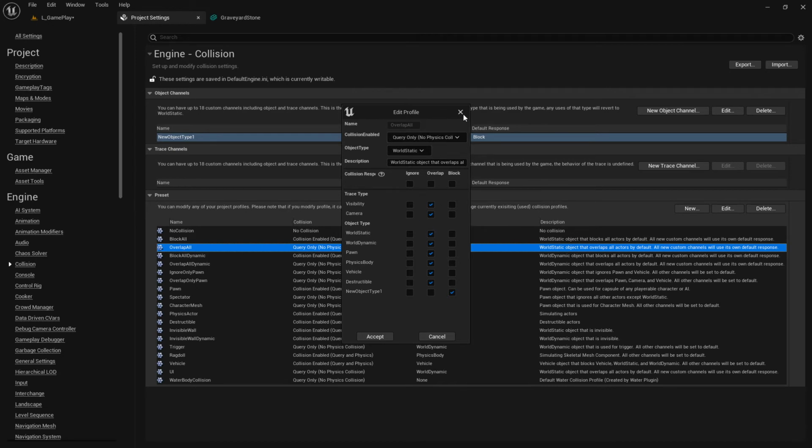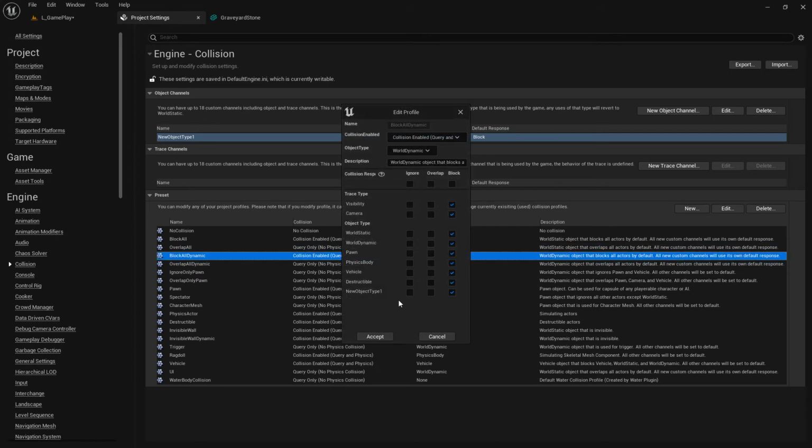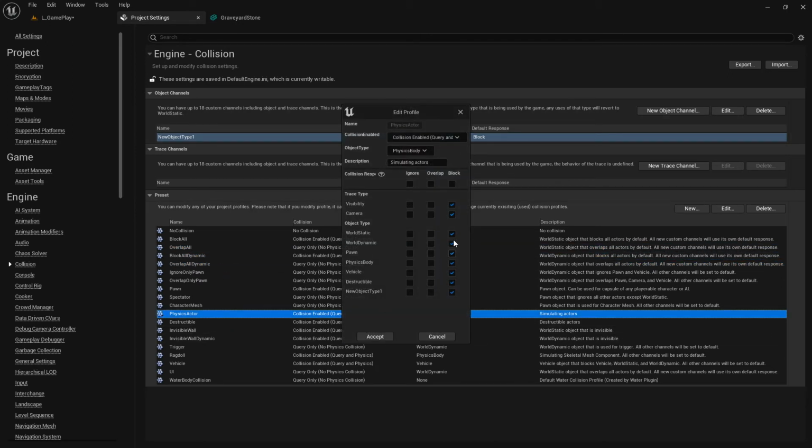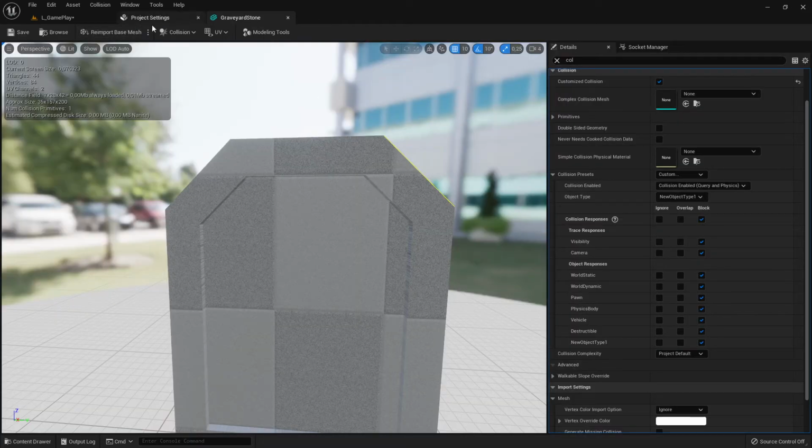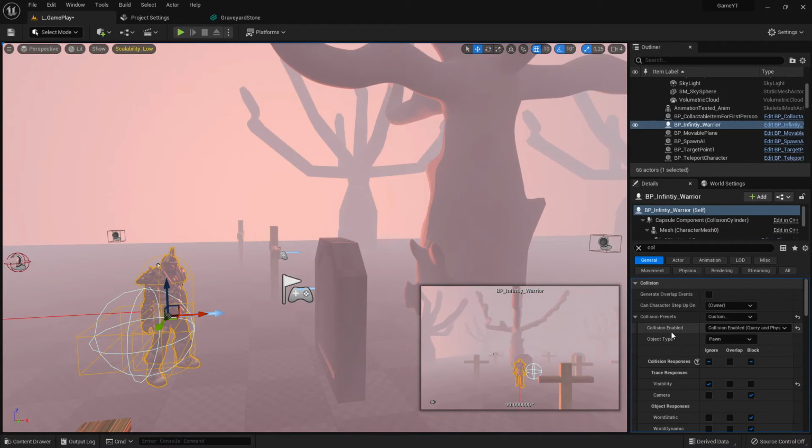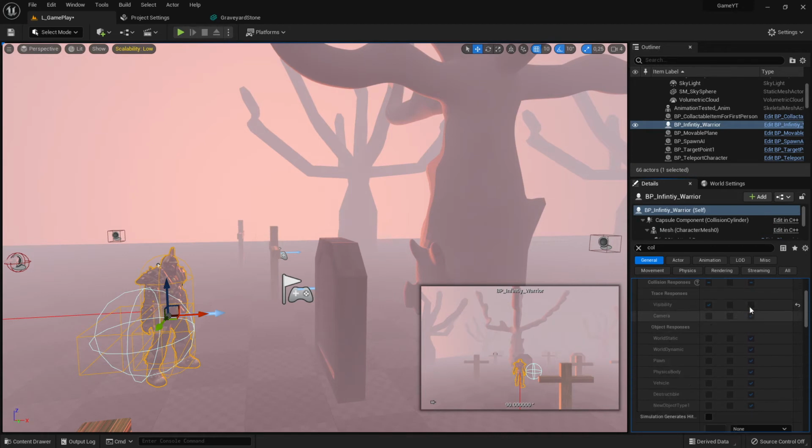So with that said, you can check now or learn this one by default, or just open this one up and see it. Instead of learning all by default, what you normally do is just click a character, for example, go to the collision section and then go to the preset here, open it up, and what you normally see is, for example, this has pawn set up by default. And you see these default settings, and if you understand all these things I told you so far, then you know, okay, I'm a pawn, I will block world statics, and to check if I really block this world static, I have to check the other object,